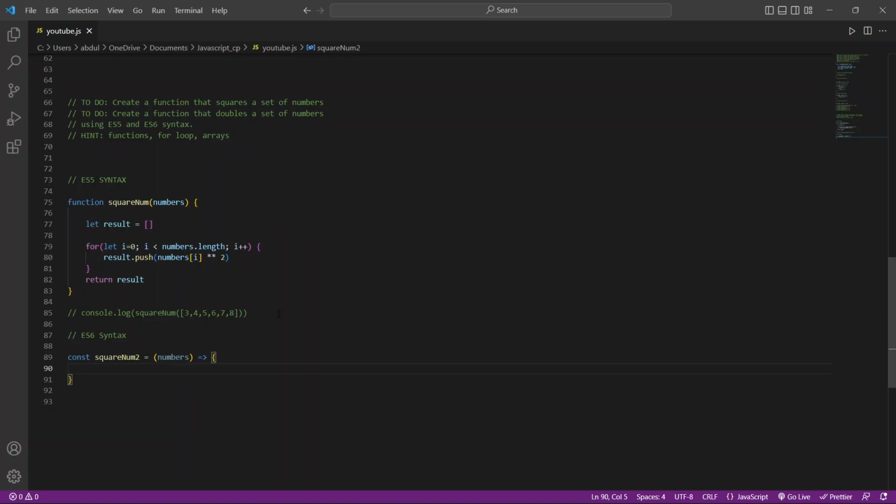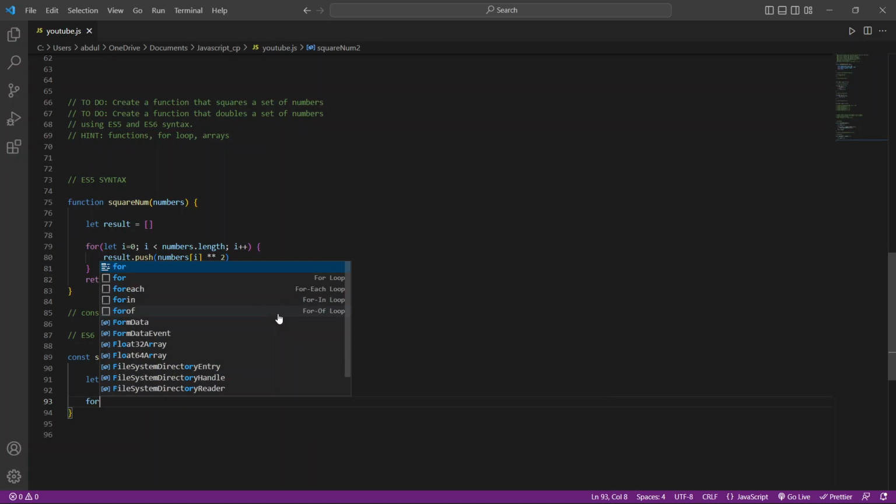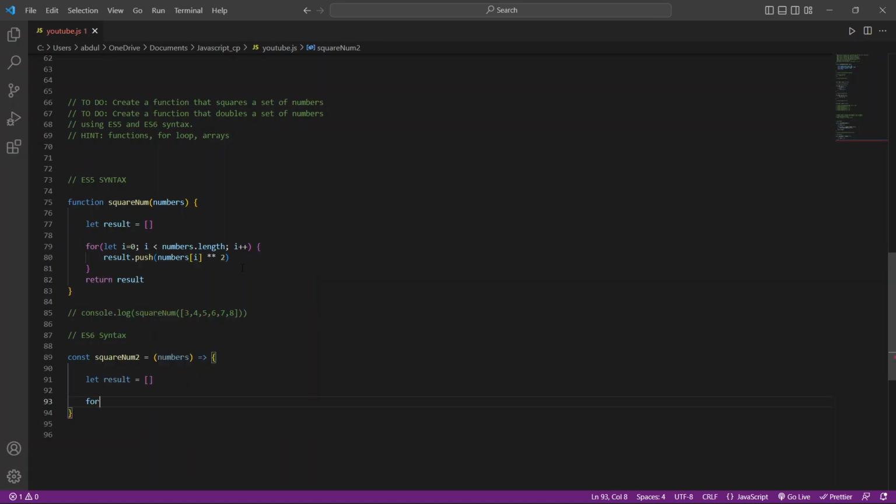So this is good. As we did earlier, we say let result, because we're going to declare this variable result to store our solution. So let us create our for loop, not in this way, but using the ES6 standard, which is